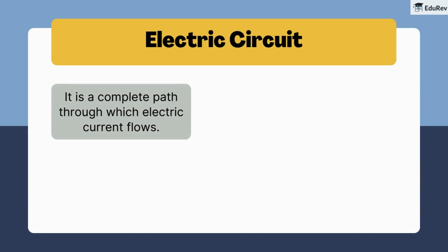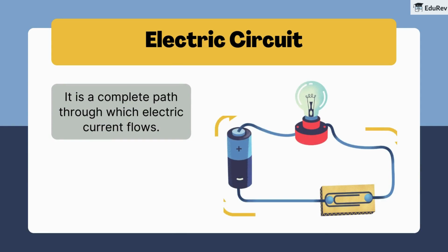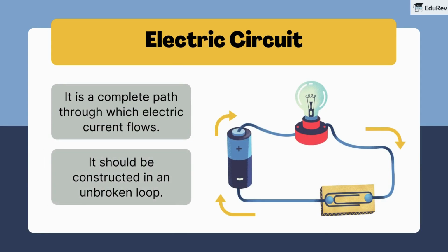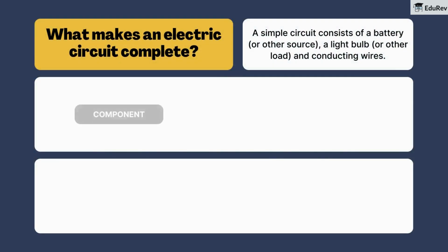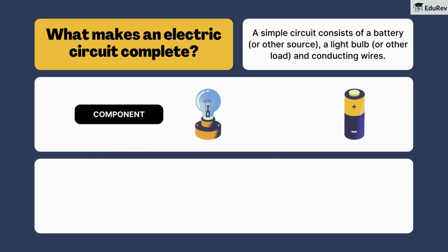It is a complete path through which electric current flows. It should be constructed in an unbroken loop. Now, you must be thinking, what makes an electric circuit complete? Let's answer this question. A simple circuit consists of a battery, or other source, a light bulb, or other load,